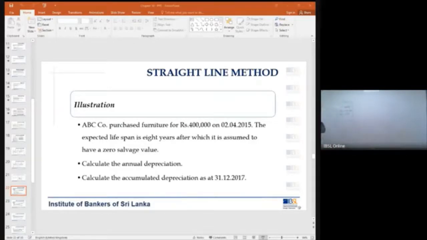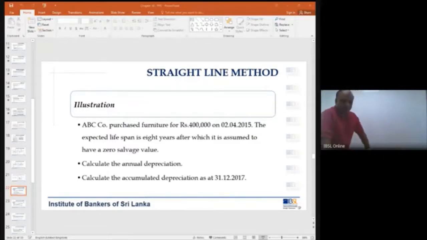XYZ company purchased equipment for rupees 600,000. So you remember that this is under the reducing balance method. The method is not given, so it is the reducing balance method. Equipment for 600,000 on 1/5/2014, assuming a rate of depreciation of 20%.